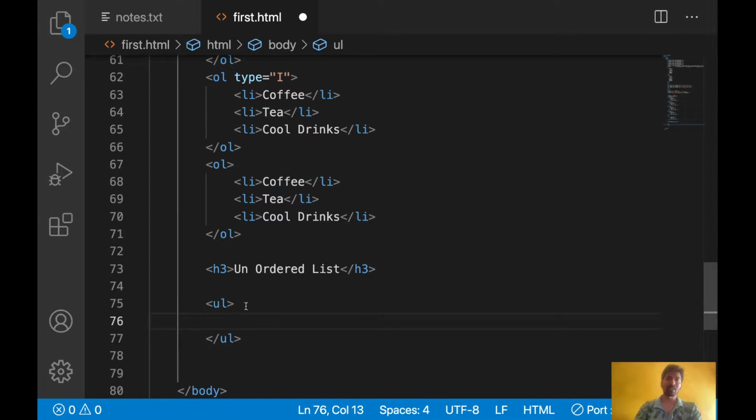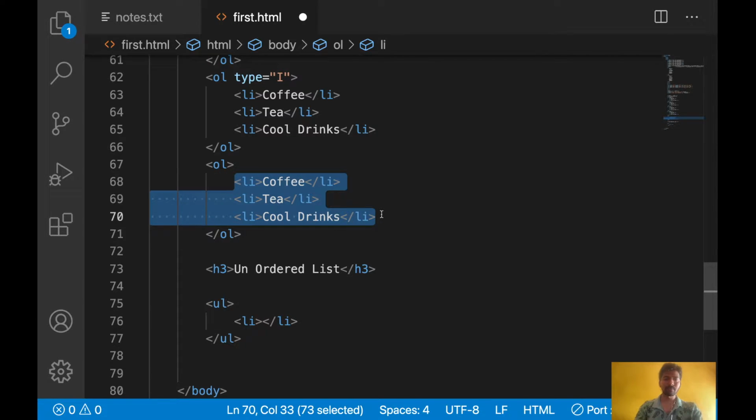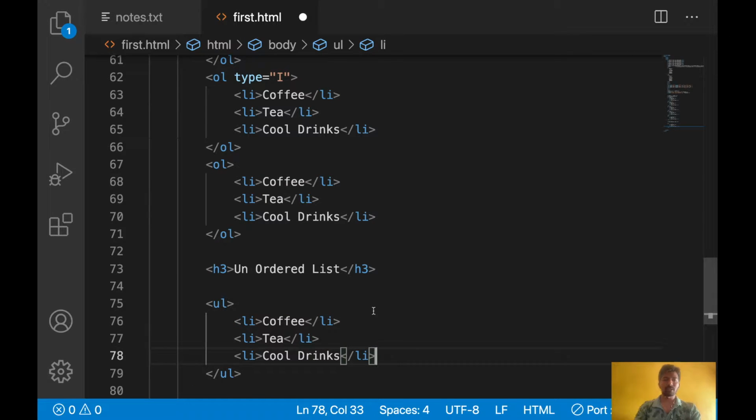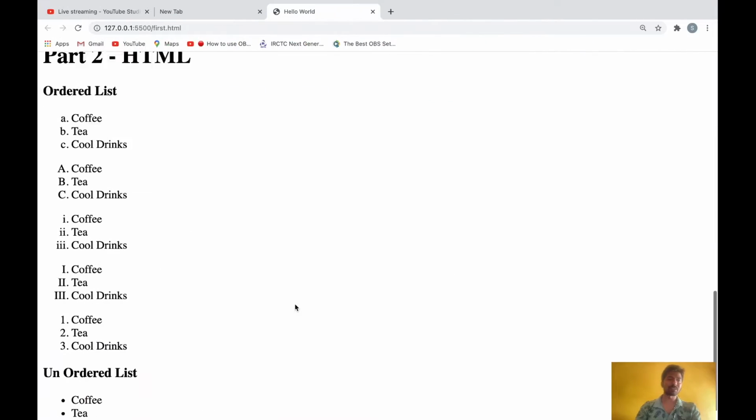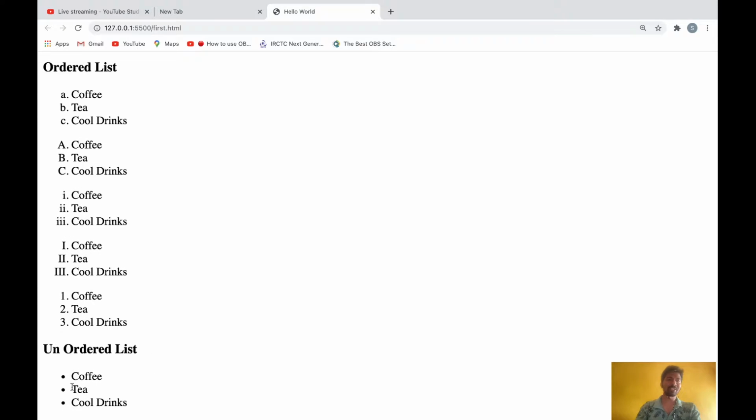Inside that, li is the element we write for each list item. Here same thing, let's copy it. Let's see now how it will come. See, unordered list means it will come like this. Some bullet kind of thing is coming.